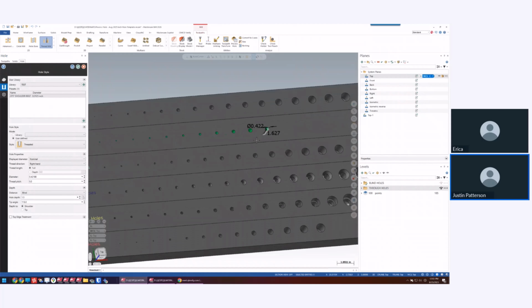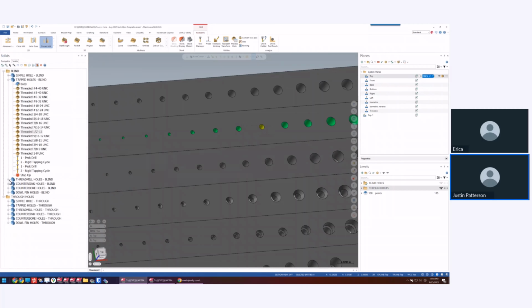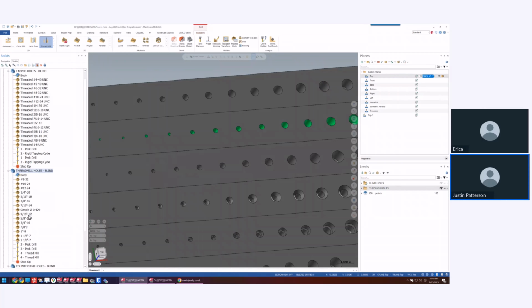As you can see, I have it defined as a threaded hole, right-handed. And I made it user defined as a 42188 because that's what you're going to drill the hole with. That's when I model any of those type of holes. If I want this to be an actual tapped hole with a regular tap, that's what I'm going to model that hole in. But if we go here to a thread milled hole, in a half,